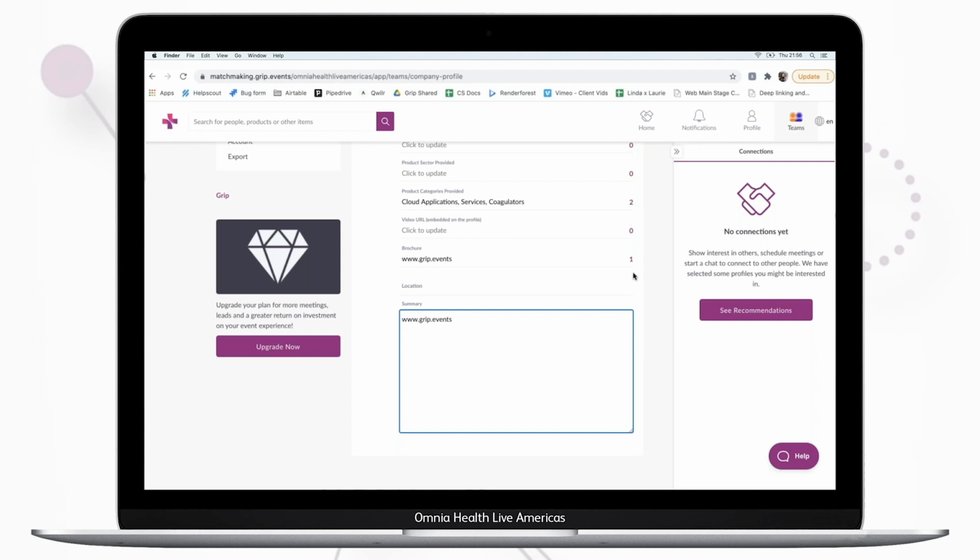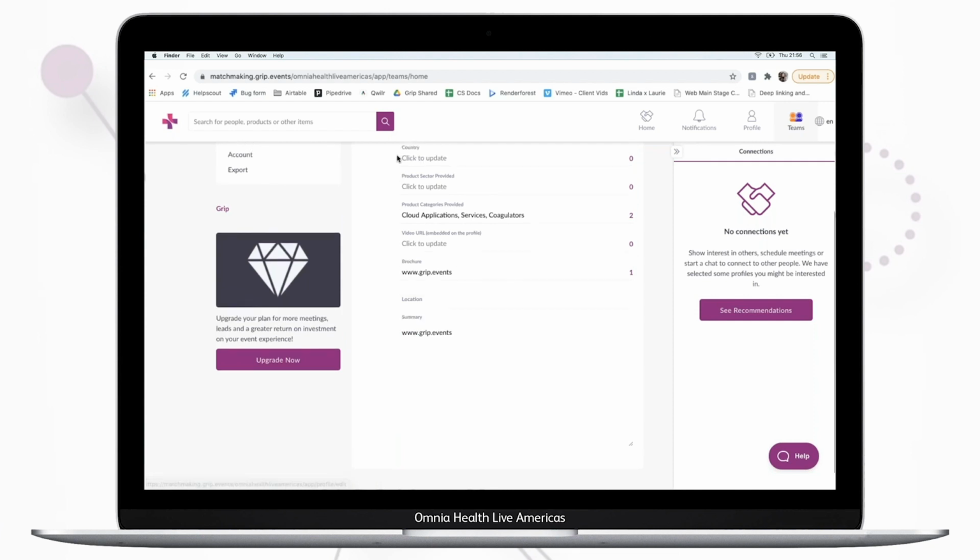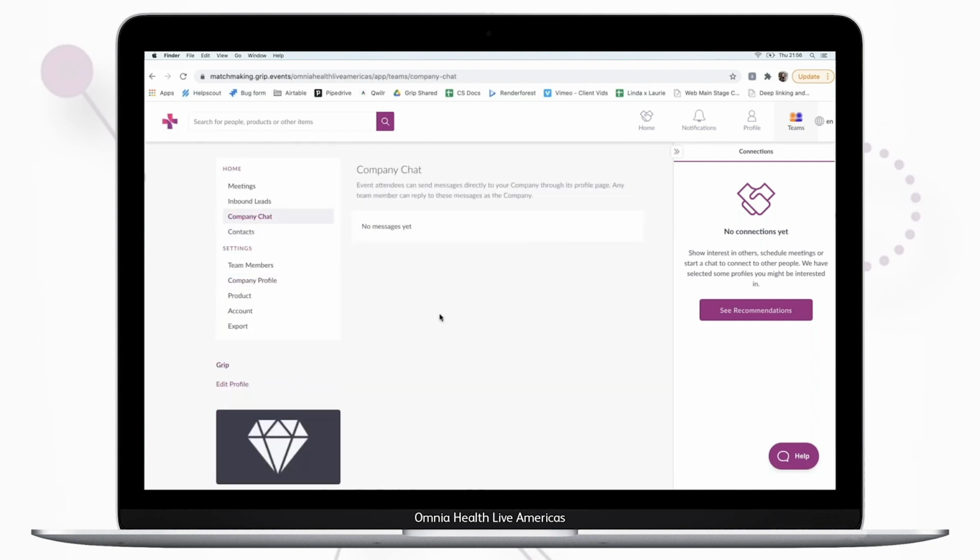Okay, so next we've got, will you get a notification if a chat is initiated by a prospect? So, there's two different kinds of chats here. So first one is the company chat. So for company chats, when users have landed on your company and have sent in a chat message, which will show here, you don't get an email. However, you'll get a notification in the center here to say you have X number of unread or new messages. So you do get a notification here. So if you hover over notifications, you'll see that there's